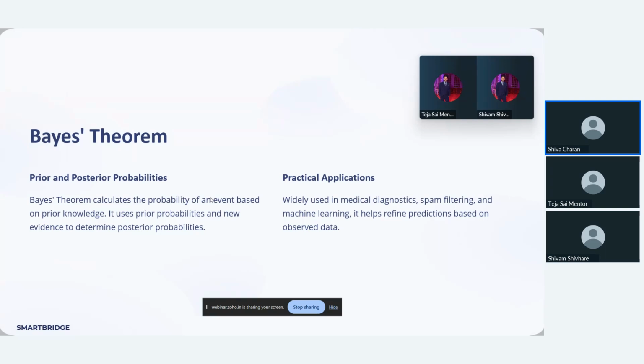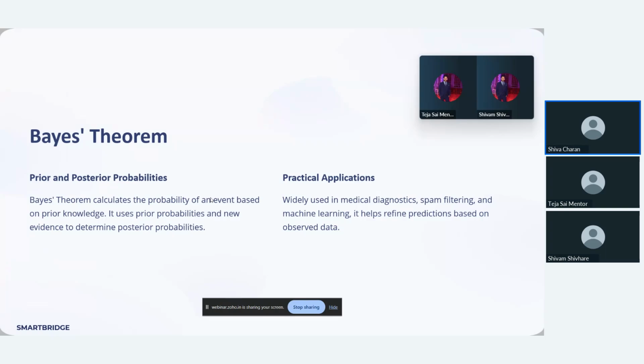Okay, fine. So now I'll open my notepad and write this Bayes theorem formula, and we'll be considering an example, and then we'll be discussing how it happens. Coming into practical applications, what does practical application mean? It is widely used in medical diagnostics, spam filtering, and machine learning. In these, what will the prior probabilities be? The prior probabilities will be the diagnosis reports of all the patients related to any medical field, or to any particular domain in medical.